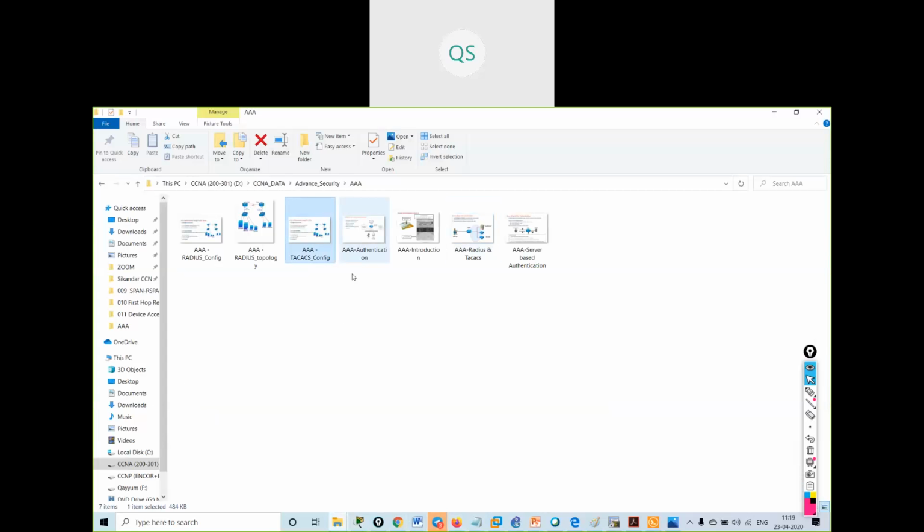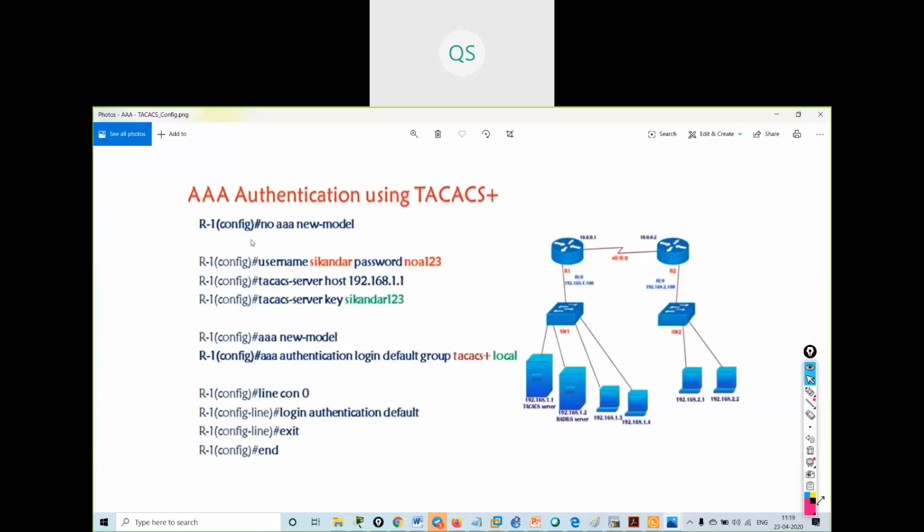See, this is the command. I have created the new model, then tacacs host, I have to give the host for which I'm creating this. First I will create the authentication login, then I will give the name of the authentication, then group, which type I have to use.